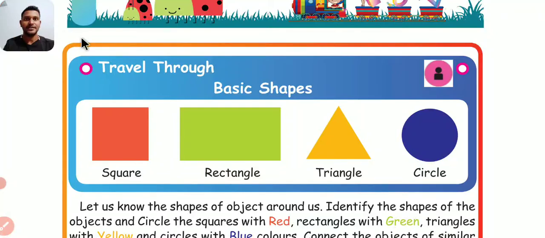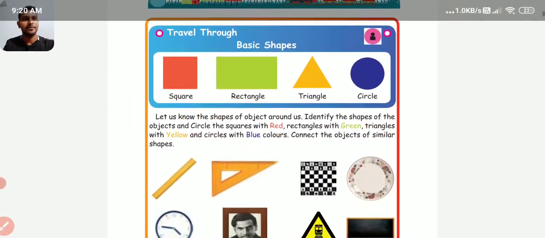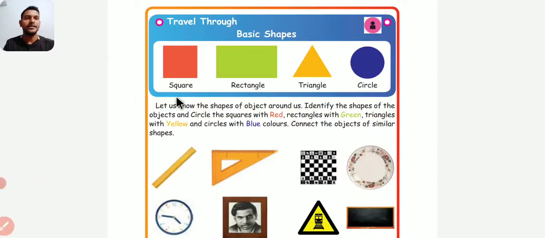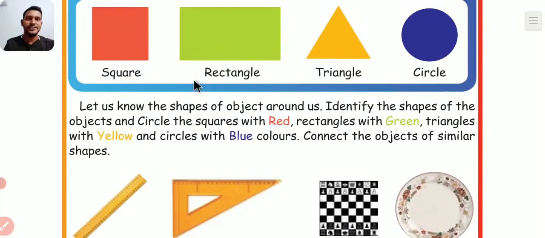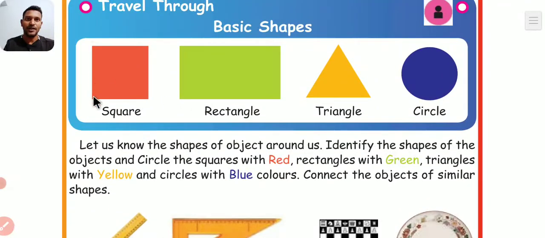Come on, let's match them. You see the first object. It looks like which shape? Now we count the sides first. This object has how many sides? 1, 2, 3, 4. 4 sides. Which shape has 4 sides? 1, 2, 3, 4. Square has 4 sides.